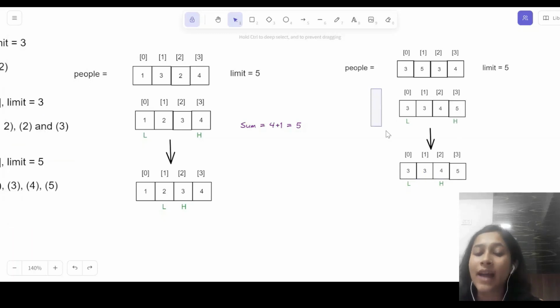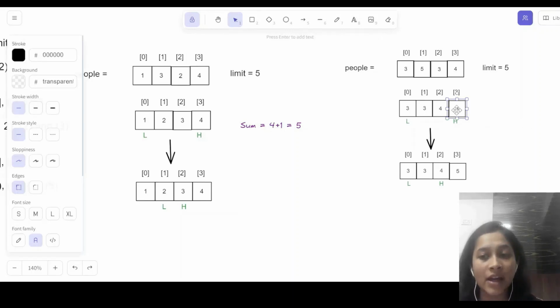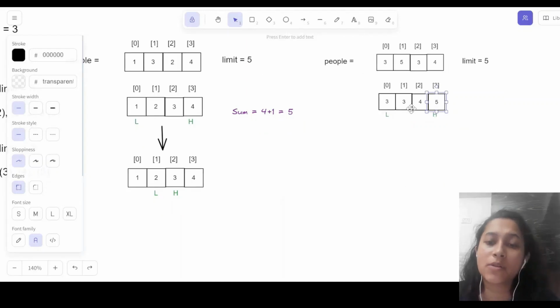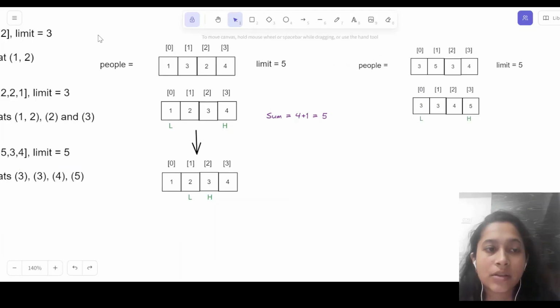As we know that the array is sorted and the weights are less than or equal to the limit, there will be no such weights greater than our limit. The end weight will always be less than or equal to our limit. Hence, one boat is required for that person. Overall, what we want to do is pair up the heaviest person with the lightest person if it is possible. So now let's get back to our older example where 1, 2, 3, 4 was my people array,